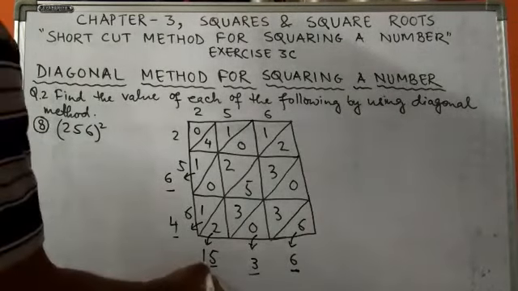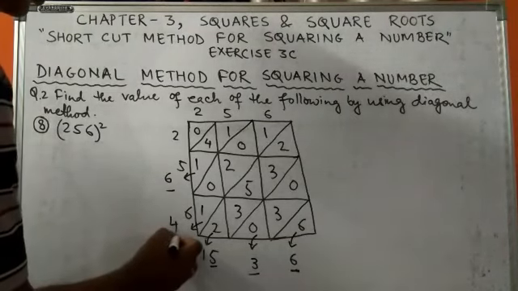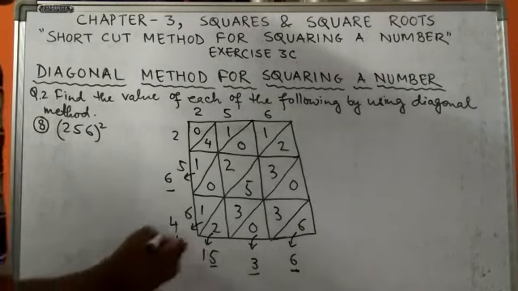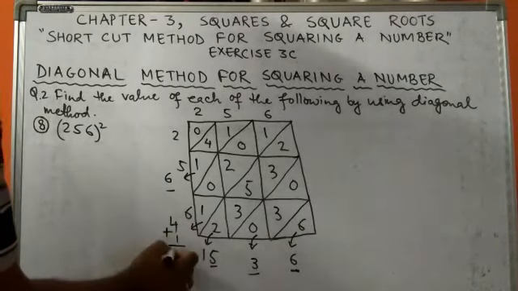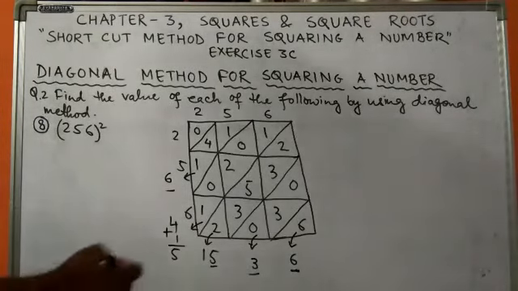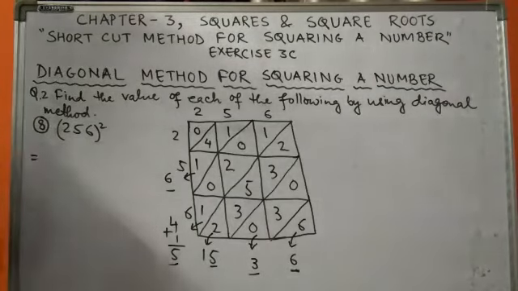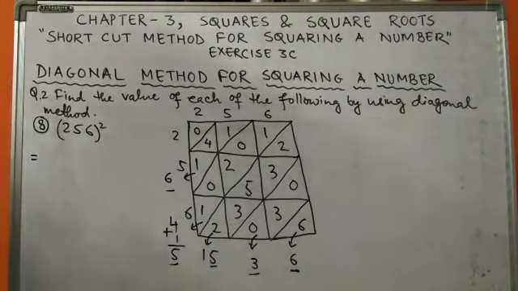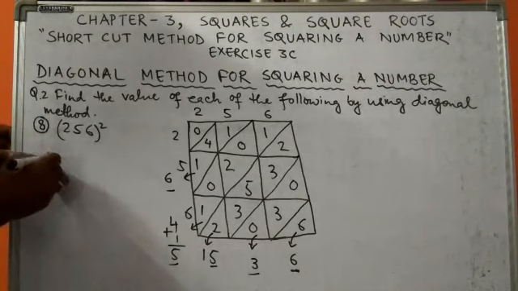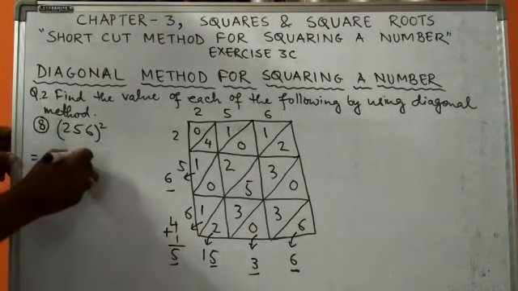Now here 1 is to be carried to this number and added. 4 plus 1, 5. Now these underlined numbers are to be written as the square of 256, that is 6, 5, 5, 3,